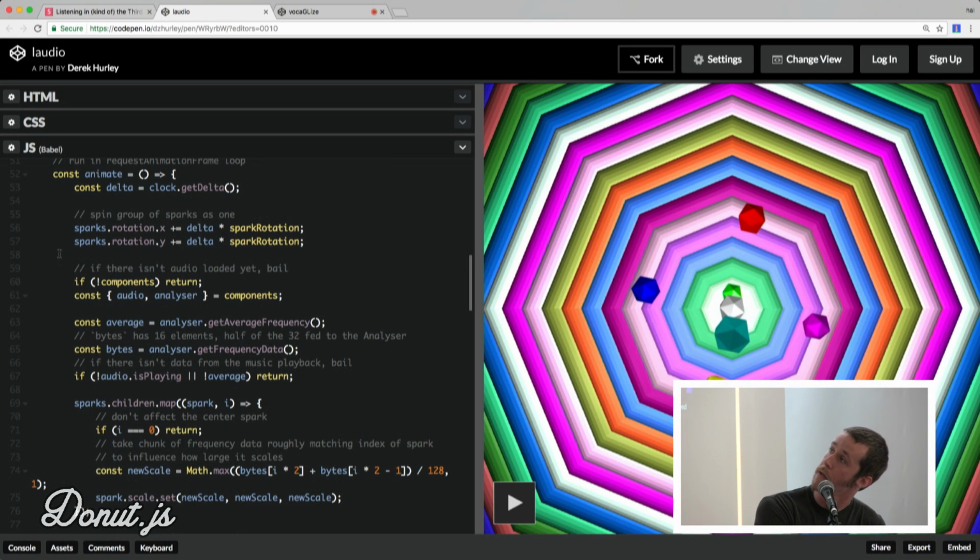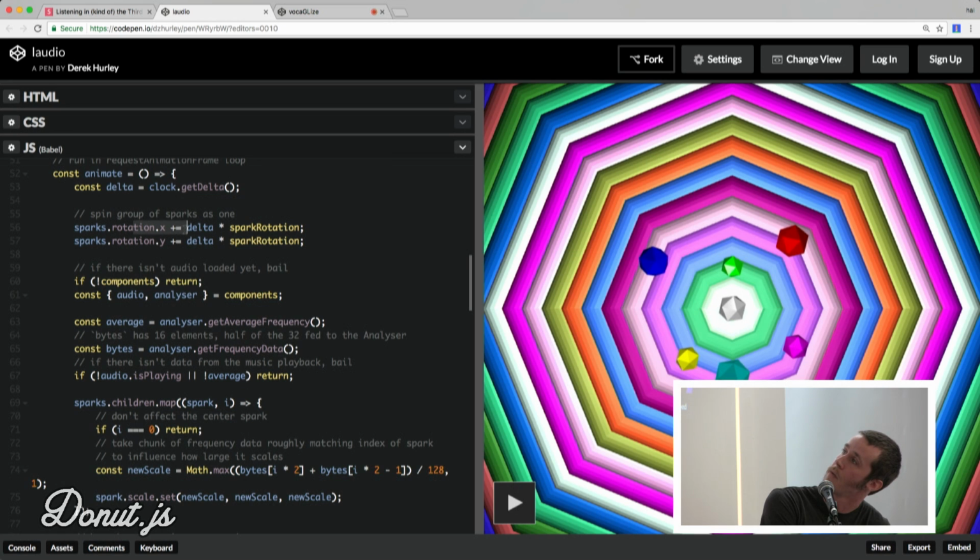There's some really simple to read ways that we're rotating the sparks. This is happening regardless of whether it's playing or not. So this is the sparks rotating here. Whenever we are playing and we get down to setting the scale of each spark,